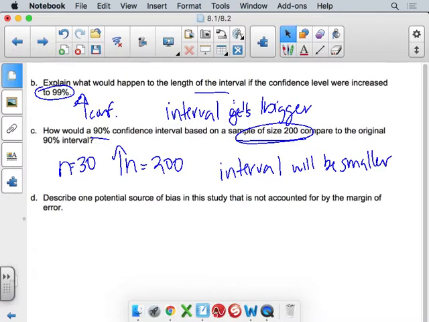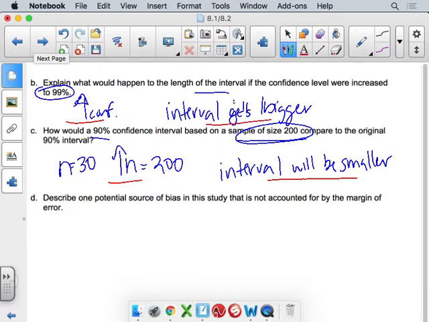Alright, and let's skip the bias, we're fine there. So if I increase sample size, interval will be smaller. If I increase confidence, interval gets bigger. So if you want to be more confident, you have to give yourself a bigger range. But then you can increase your sample size to make your interval smaller. So if you want a really small interval, you need to